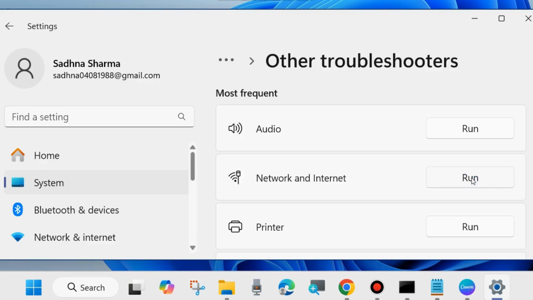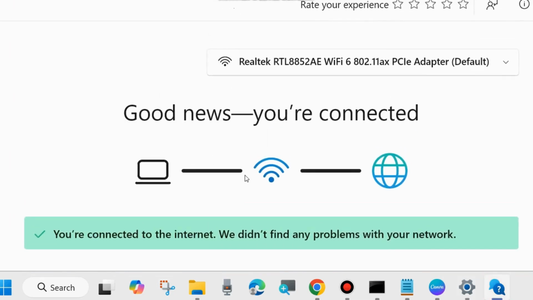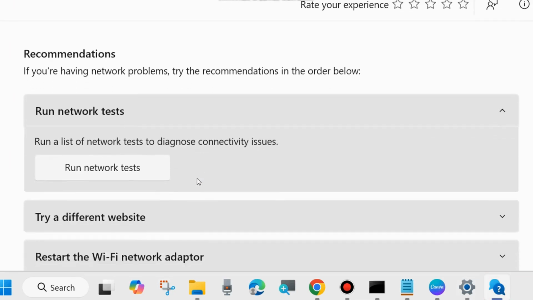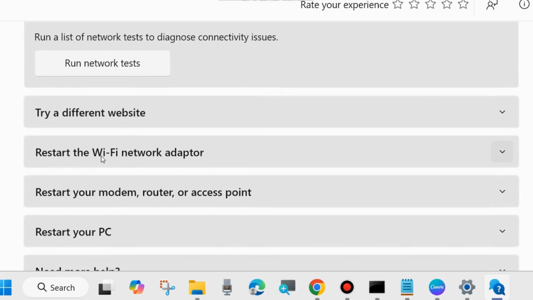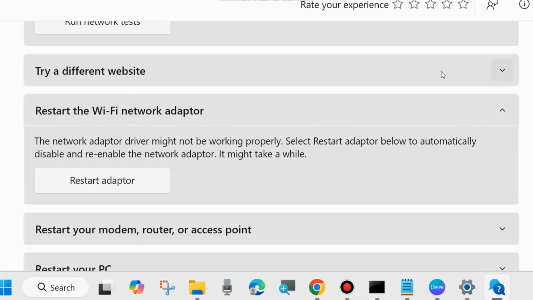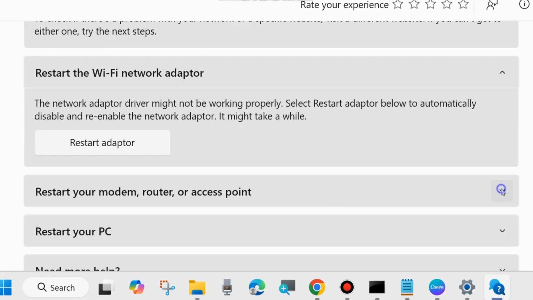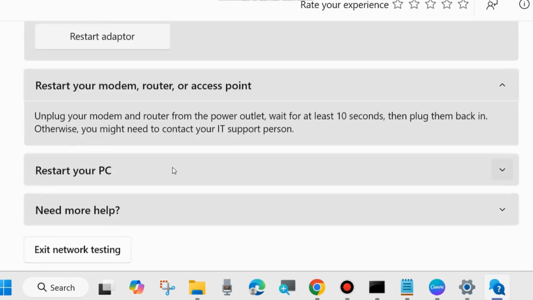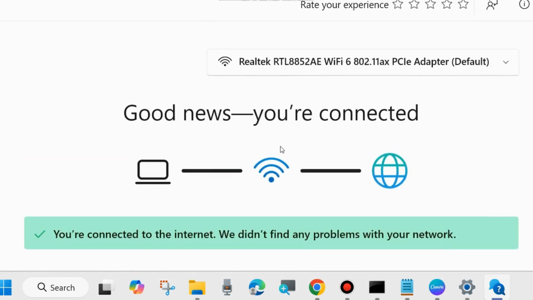This is a Windows inbuilt tool you must apply as an initial workaround if in your system network and internet is not working properly. Follow on-screen instructions to complete the process. Run network reset tests, try a different website, restart the Wi-Fi network adapter, restart your modem. Various types of workaround, you will have two options, choose them, and if none of the above workarounds fix your issue, then finally at the end choose need more help, and your problem regarding network and internet not working on your Windows 11 10 system will definitely be